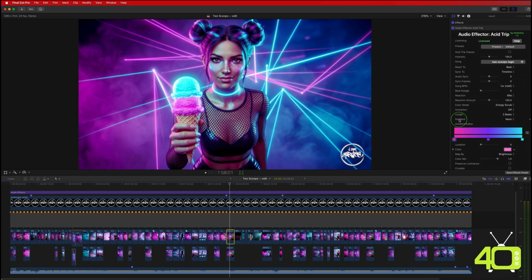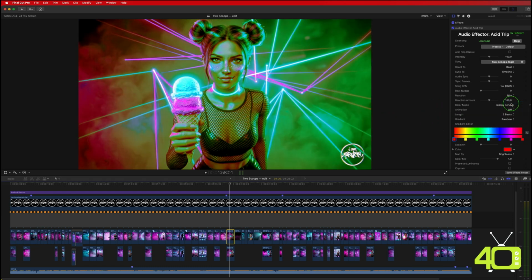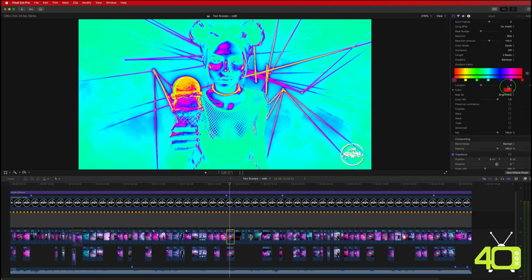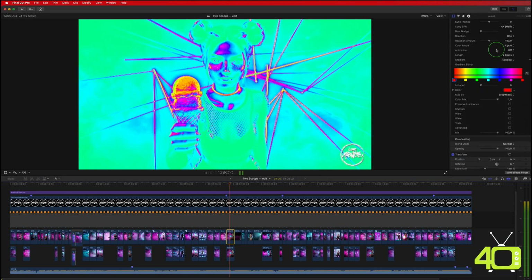For example, if I wanted to look like the original Acid Trip, all I do is come over to the gradient, change it to be rainbow, then I change the color mode from energy scrub to cycle. I scroll down here and change the blend mode to normal, and now if I press backspace on my keyboard, if I want to speed up the rate in which it's cycling, I can do that